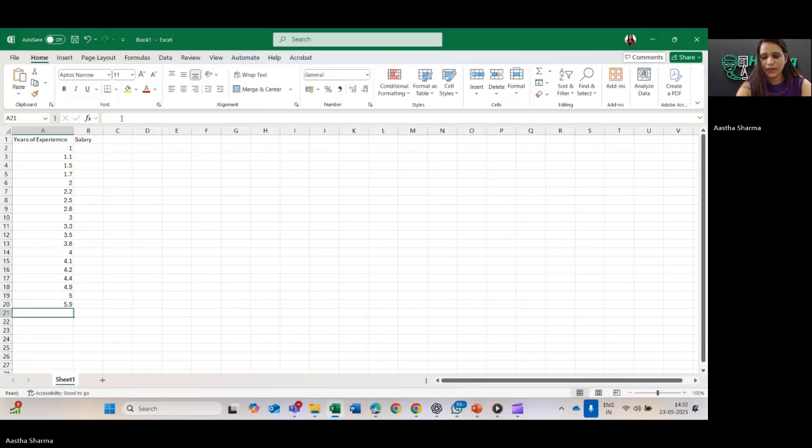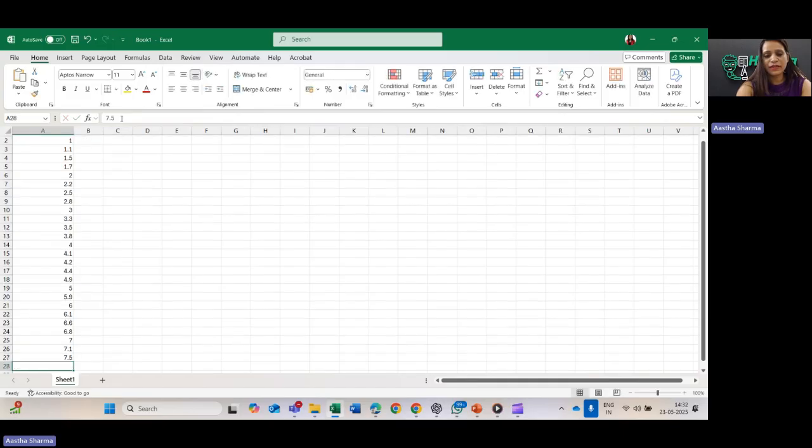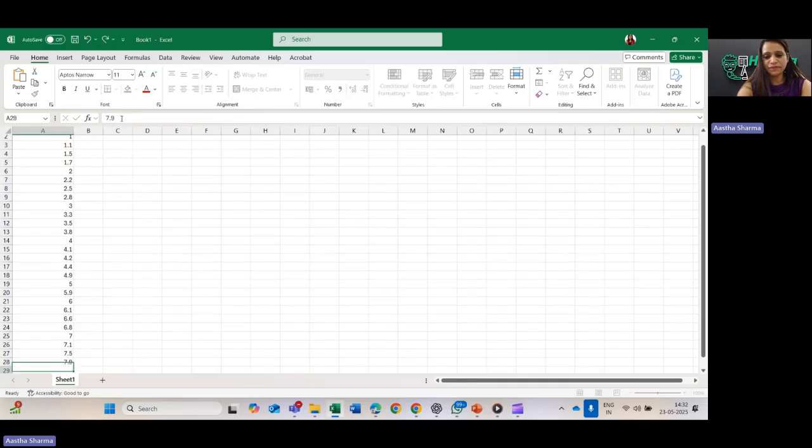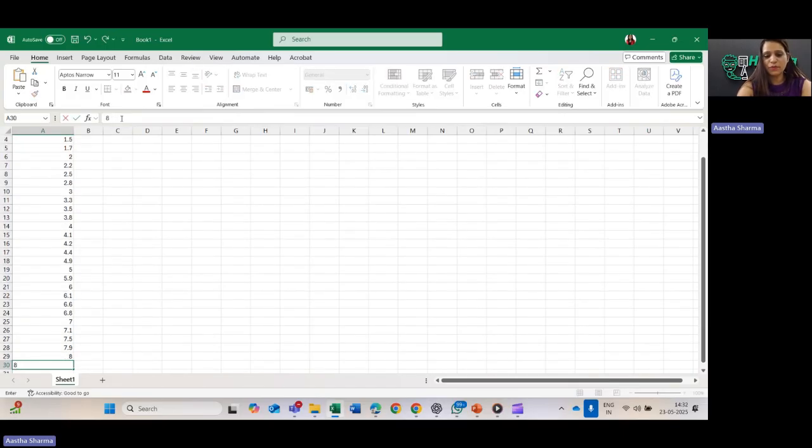5.9, and then 6, because at the age of 5 there is a gratuity time and very few people usually resign. 6.1, 6.6, 6.8, 7, 7.1, 7.5, 7.9, 8, 8.1,